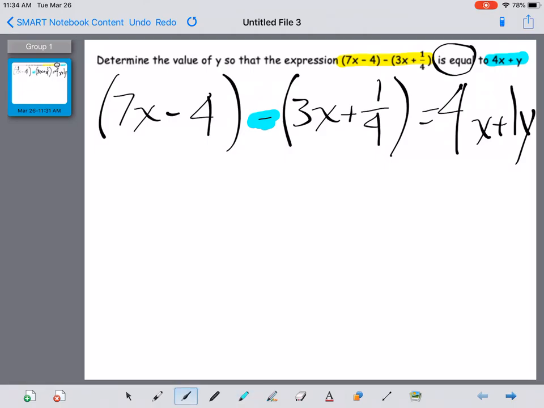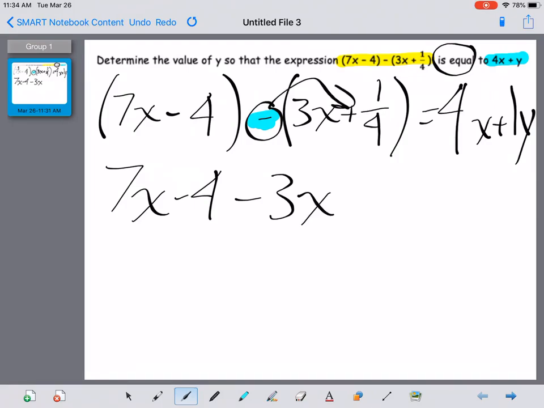So again, I'm going to start rewriting, but I'm going to drop the parentheses as I won't need these anymore because that's the whole point of the negative sign. So it's negative 3x now, and it's also going to be negative 1/4. Still equals 4x plus 1y. I'm just going to leave it as y. I'm not going to really need that coefficient of 1 at the moment because I can already see what's going